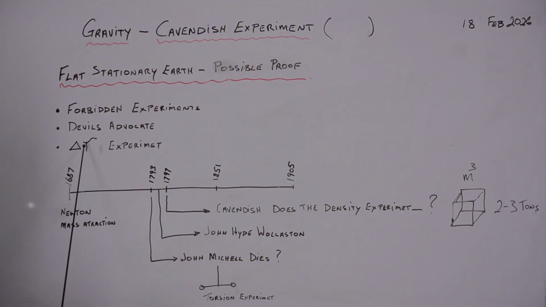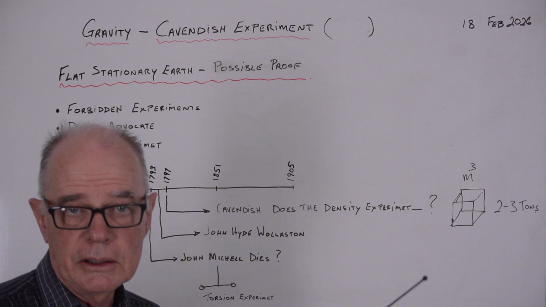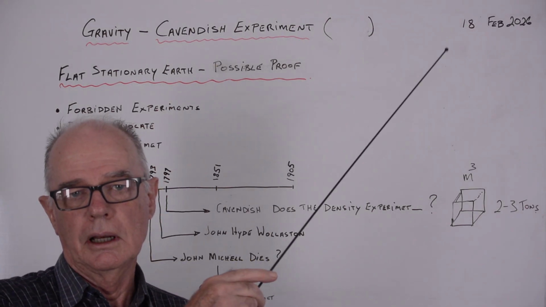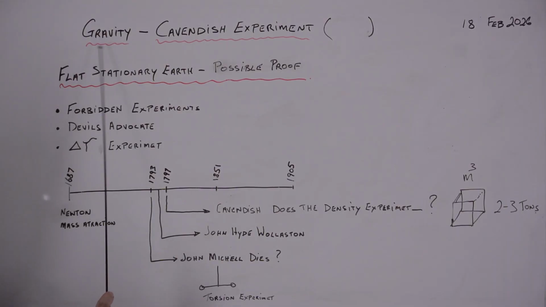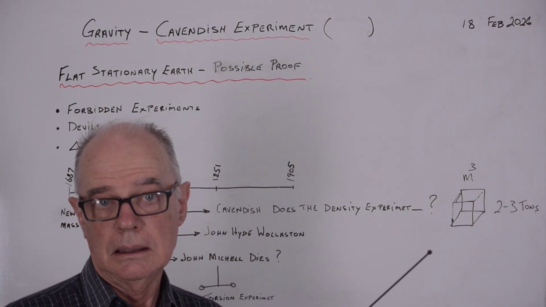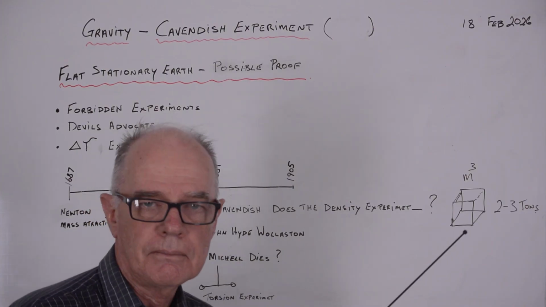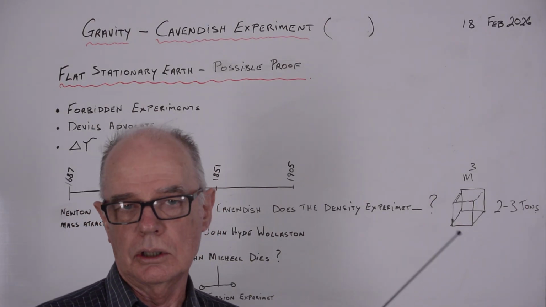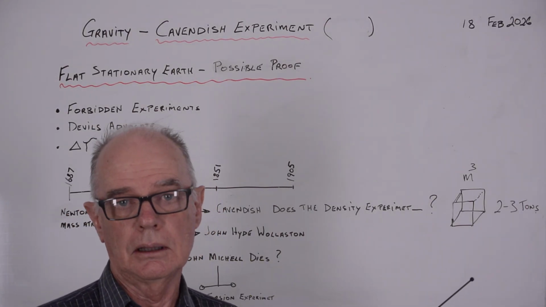Now, the experiment's called the delta T experiment. And it basically goes like this. 1687, Isaac Newton discovered this mass attraction and formulated our first concept of gravity started to form. 1793, John Michell dies. Strange. John Michell was the inventor of the famous Cavendish torsion experiment that you'll see everywhere, done to death in